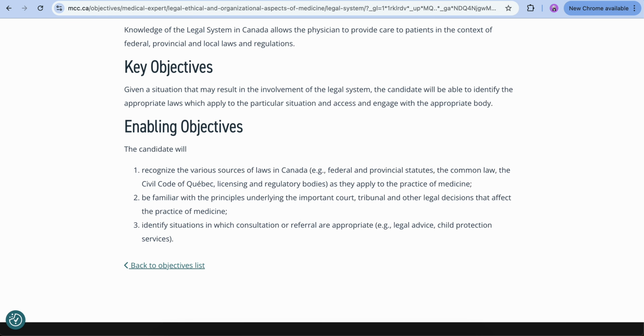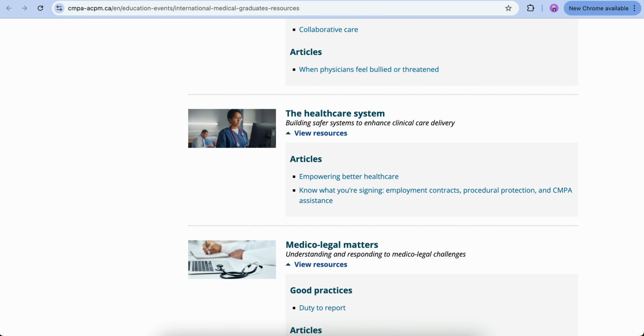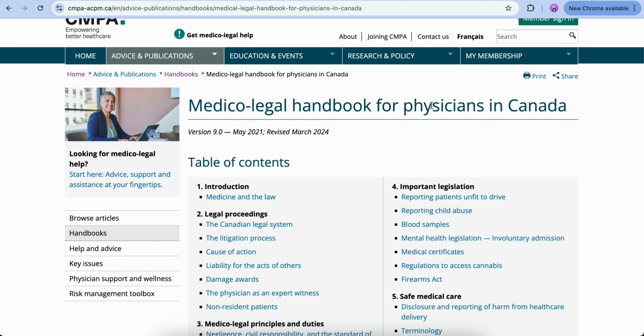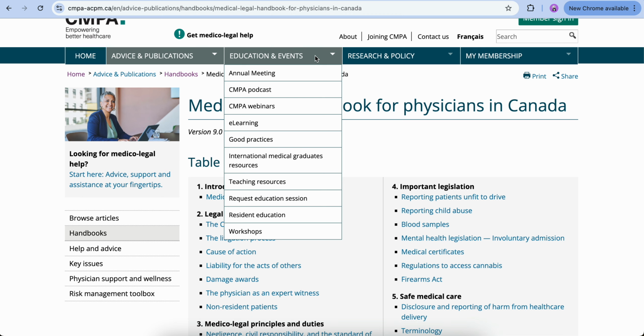There was an e-learning topic before, but at this point of time, the medical legal is given at this point here, and they have given some consent. So again you will read some consent here, again you will read some confidential. It's a back and forth study, so it's basically a revision of most of the things. And in firearm acts and medical certificates, these are not highly given in terms of objectives, but it is good to learn. I'm just saying extra learning is good rather than limiting yourself to a few topics and not being aware of others. So this is all about it.